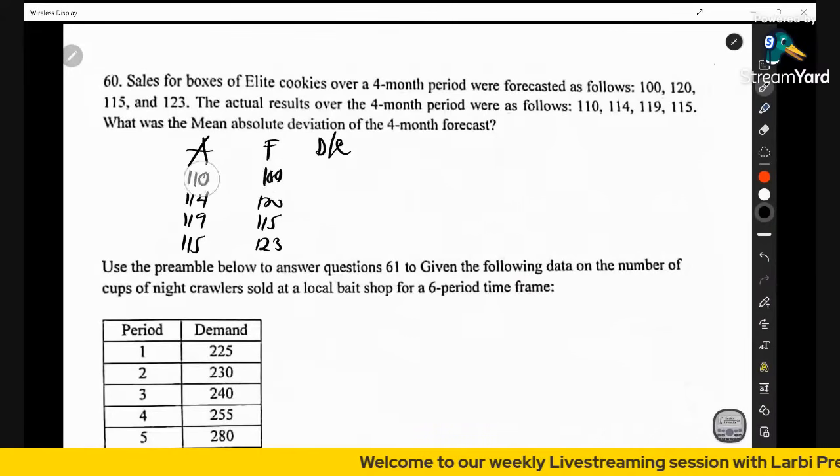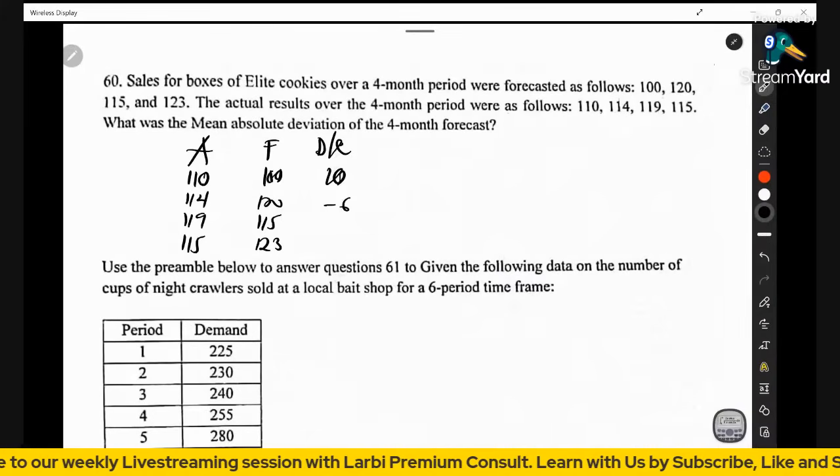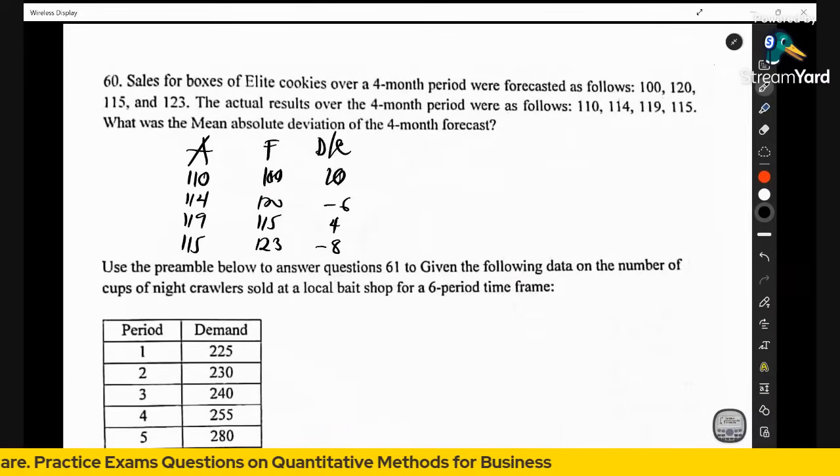So this minus this, I'm getting 10. This minus this, I'm getting negative 6. This minus this, I'm getting positive 4. This minus this, I'm getting negative 8. Okay, so once you find that, since we are using mean absolute deviation, after finding the